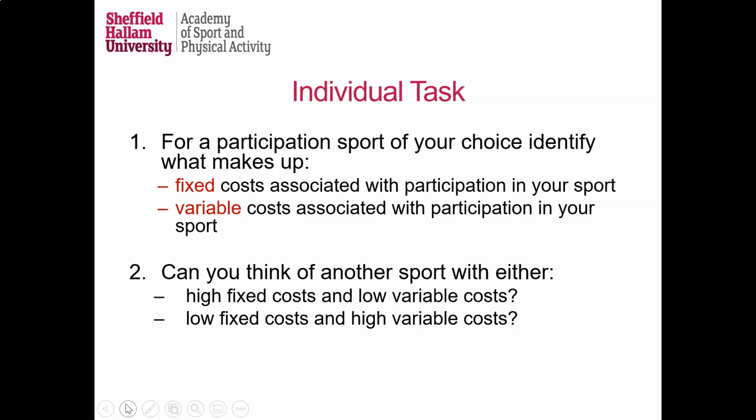An example of a sport with relatively low fixed and variable costs could be running. So running, for example, the fixed costs are relatively low because once or twice a year, depending on the mileage you run, you might invest in a pair of running shoes. You might invest in some running clothes, but that's reasonably low cost. And then the variable costs, well, there's the time spent running, but the actual financial cost of running, if you're running in parks or roads, is actually fairly low.